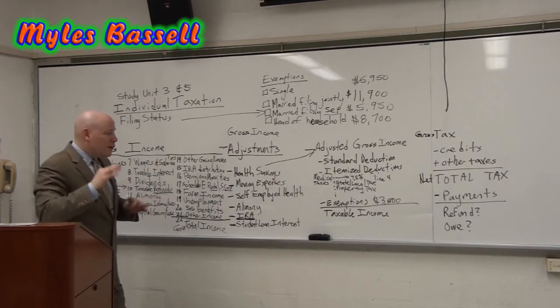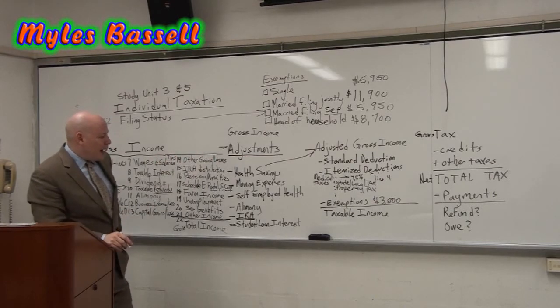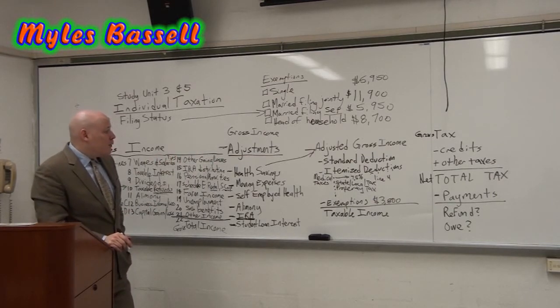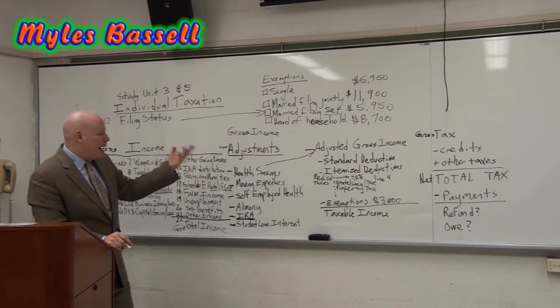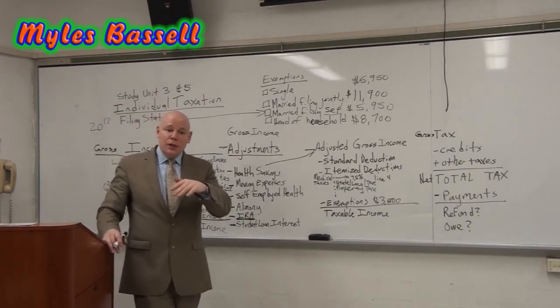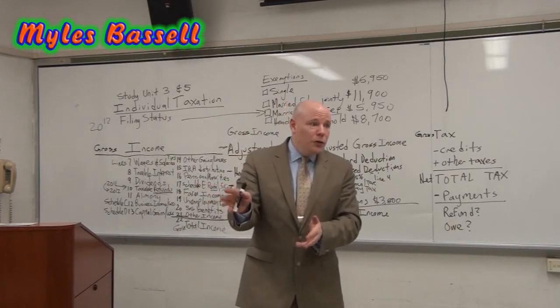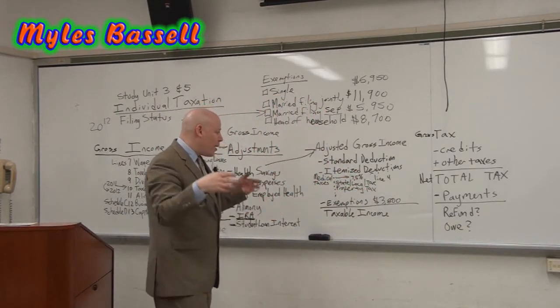But Congress says that the house that you live in, if you're paying property tax on the house that you own, then you could take that as an itemized deduction. There's no floor there. That's not subject to a 7.5% floor or a 2% floor, whatever you paid for the property tax,